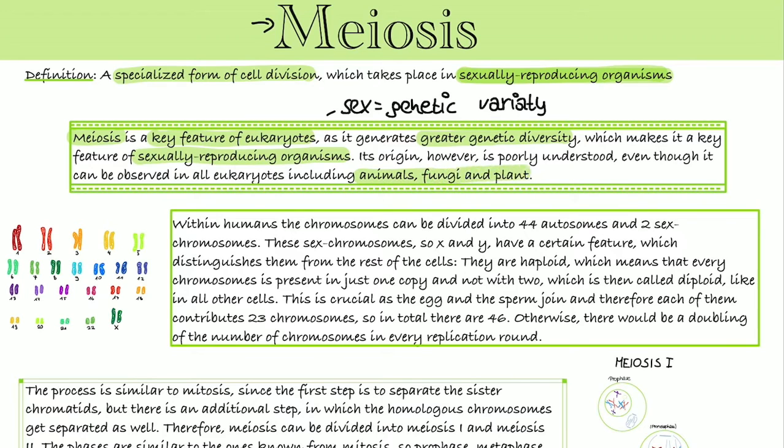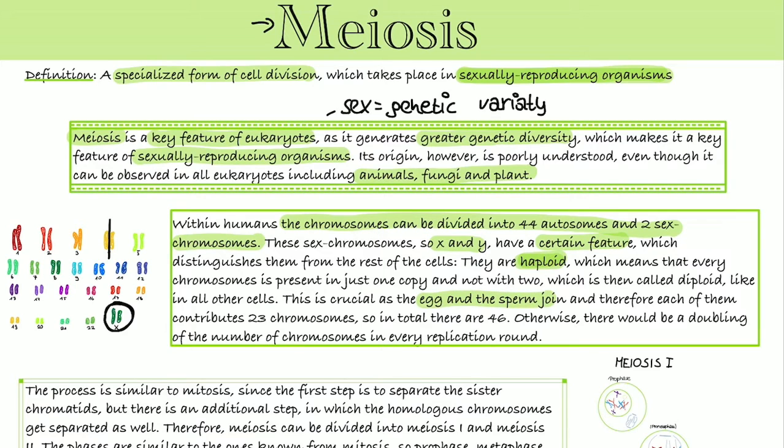plants, in fungi. Within humans, our chromosomes are divided into 44 autosomes and 2 sex chromosomes. We talked about them in the DNA video, which is linked above. These sex chromosomes, so X and Y, which determine our sex, they have a certain feature, which makes them special. They are haploid. Haploid means that in every cell there's only one copy of the chromosome present, and not two, which is called diploid. To be haploid is crucial for egg and sperm cells, as otherwise in every replication round,